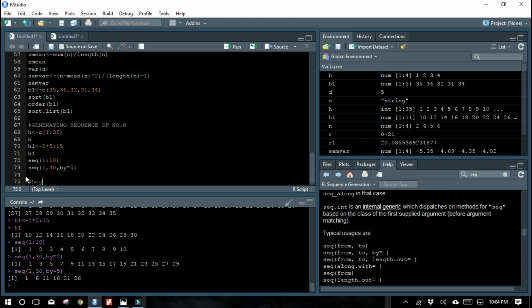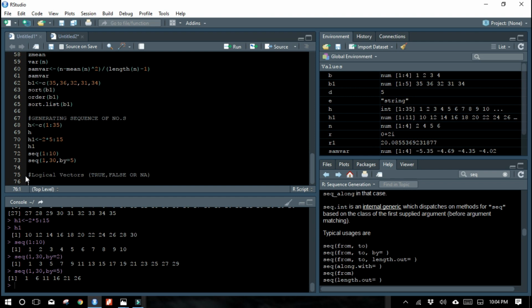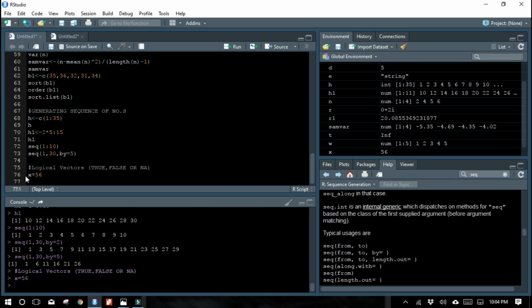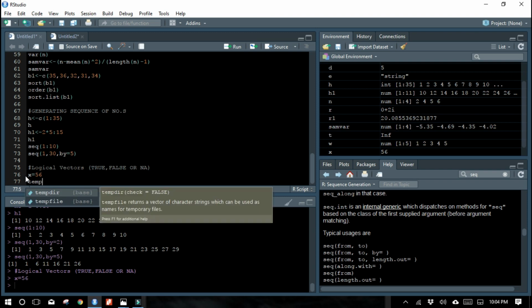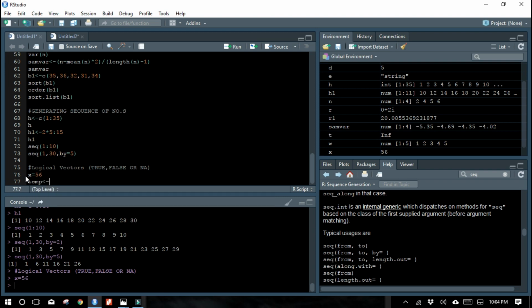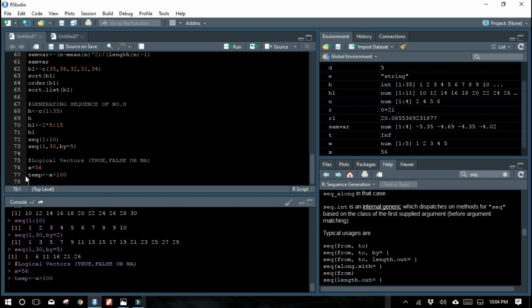Next that we are going to see is logical vectors. Logical vectors are nothing but TRUE, FALSE, or you can have NA values as well. Okay, so if I give x is equal to 56, okay, enter this. Now when I check temp is equal to x, whether it is greater than 100.